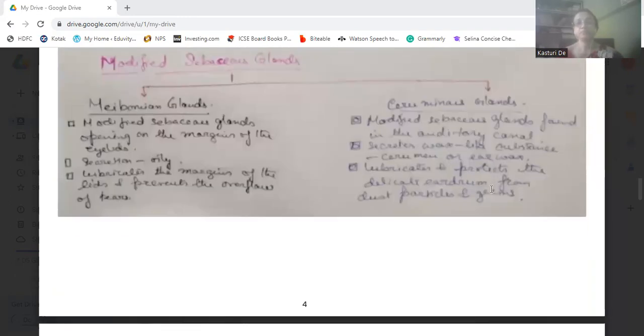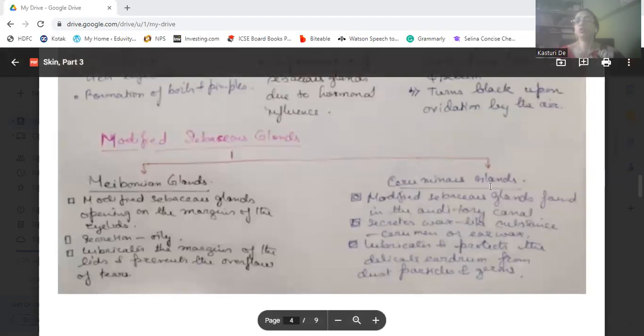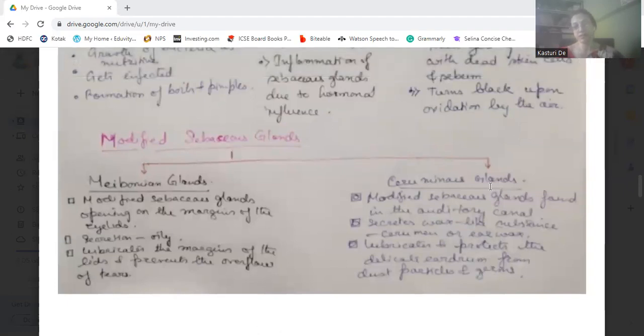Okay. Now, there are two modified sebaceous glands. One is meibomian, and the other is ceruminous glands. So meibomian glands are modified sebaceous glands which open at the margins of the eyelids. You have the eyelids here. So these modified sebaceous glands open there. They also secrete some oil secretion, and they lubricate the margins of the eyelids, which prevents the overflow of